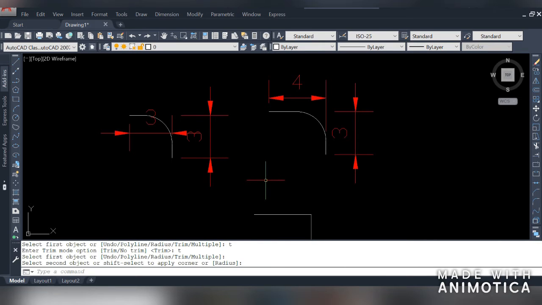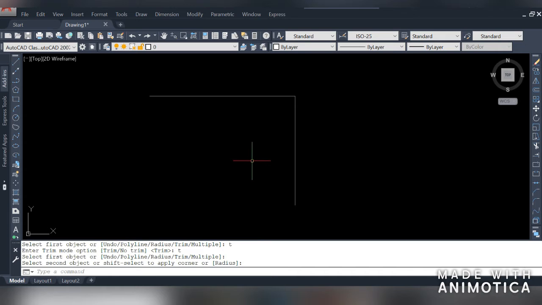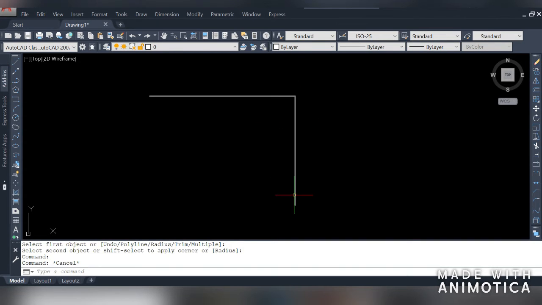Now let's talk about the last method of creating a fillet, which is polyline fillet. You can see I have drawn a polyline here. There is no longer two objects available, so we have to use polyline fillet to create a fillet over a polyline corner.